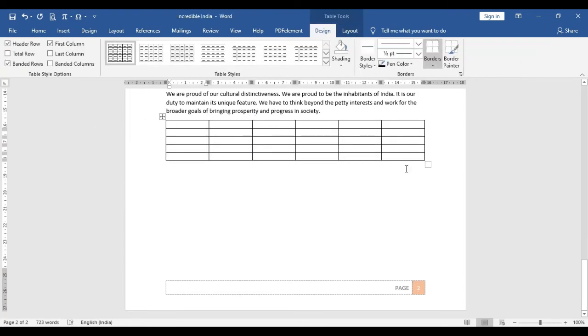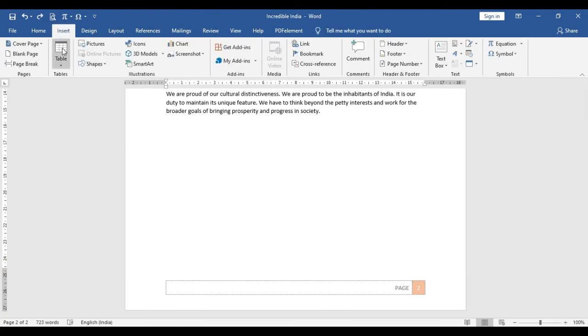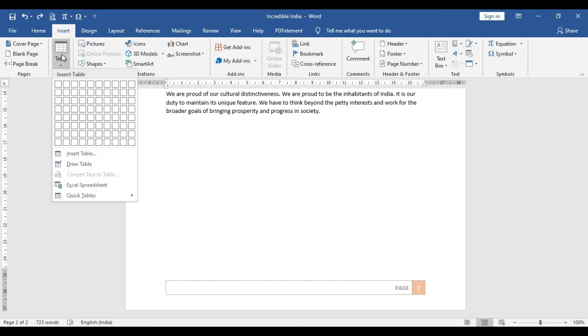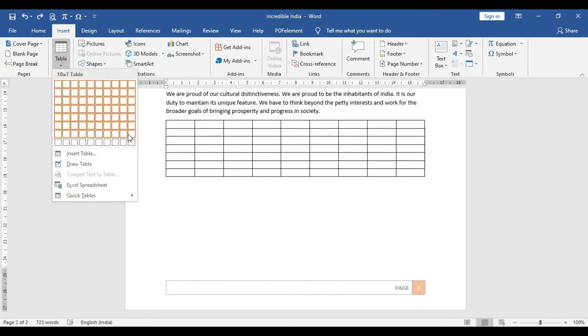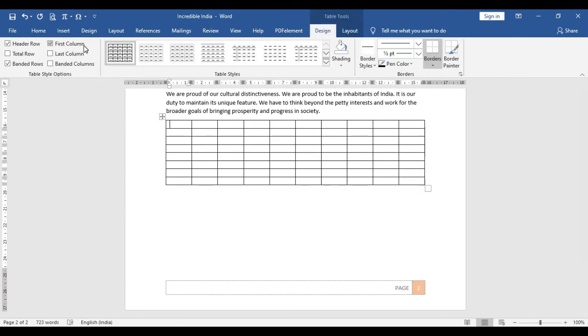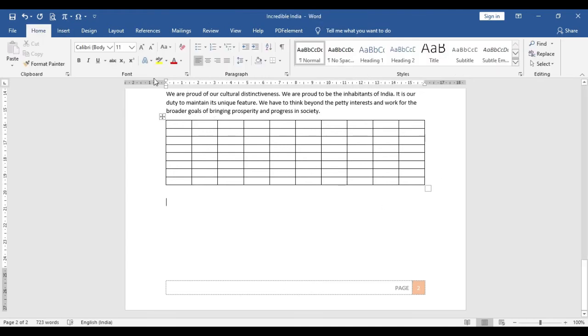So you can see the table is inserted. This is useful when you want to create a table of maximum 10 into 8 grid. So if you want to insert more than a 10 into 8 grid table, then you have to go for another option. For that,